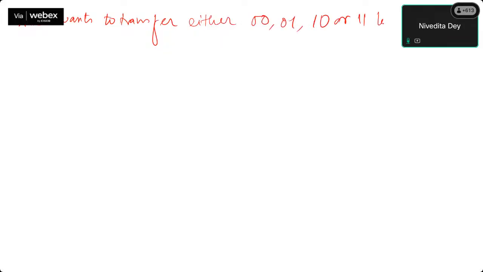Yes. So now say Alice wants to transfer either 00, 01, 10, or 11 to Bob. So this is what Alice's ask is, or the ask of the superdense coding is. Right? Now remember that what Alice wants to send is 00, 01, 10 and 11. And depending on what Alice wants to send,